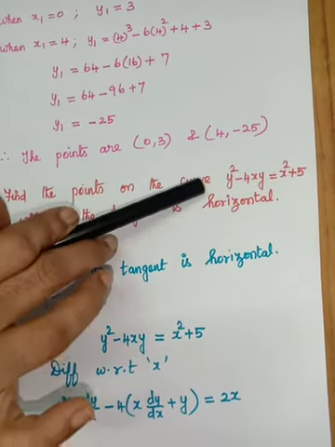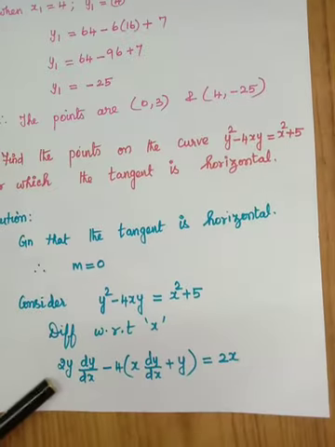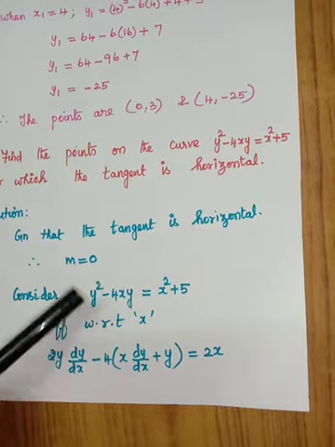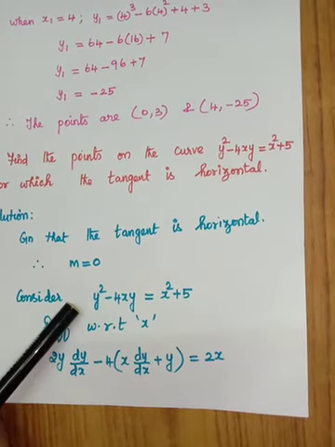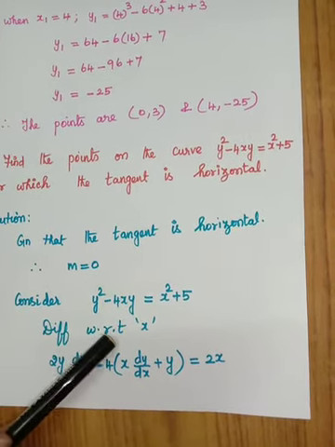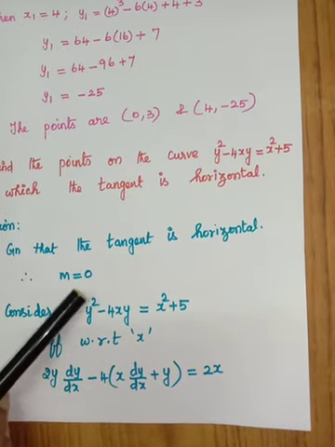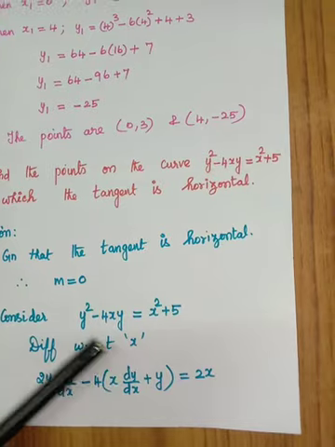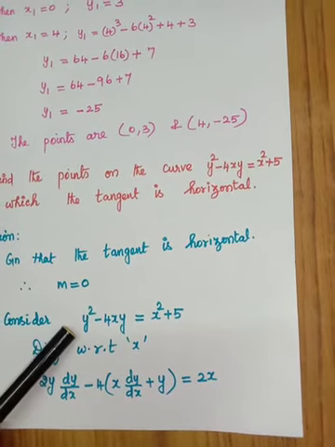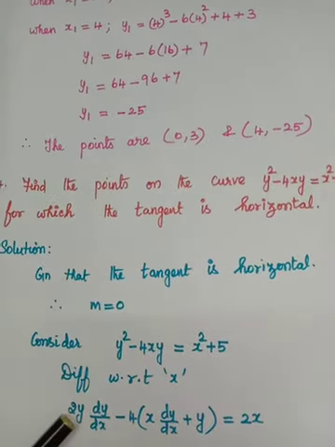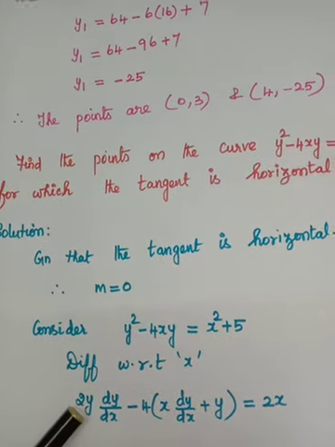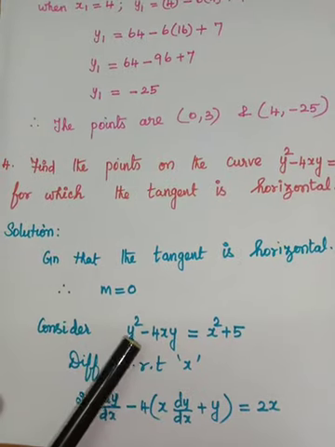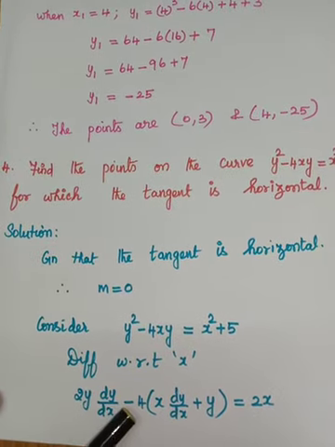And take the curve and you have to differentiate with respect to x. You look at the curve. So here it's an implicit function. So you have to differentiate with respect to x. Take this y squared. So how to differentiate y squared with respect to x? First apply the power rule. So it is 2y and you are differentiating y with respect to x, so it will be denoted as dy by dx. And here minus 4 is a constant.